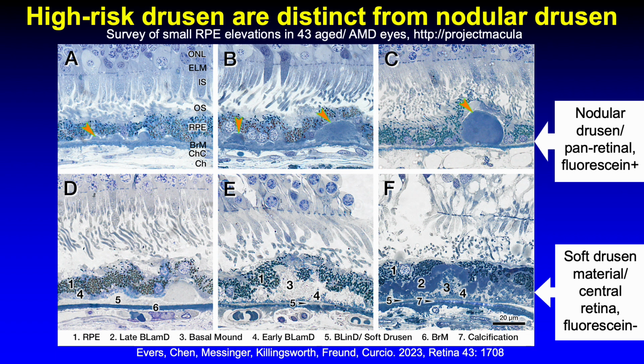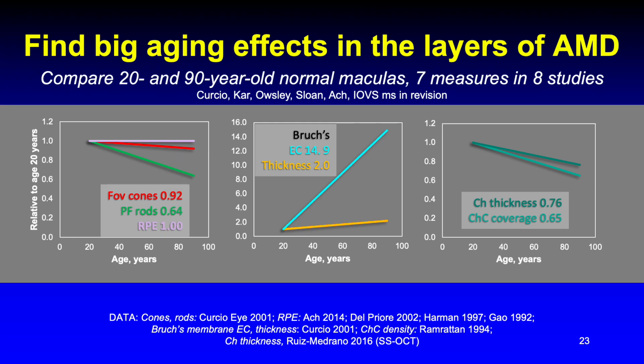This is soft drusen material trapped inside basal laminar deposit. This material raises the RPE, but is expected to have a different risk profile from the sub-RPE basal laminar drusen. This slide from the overview tutorial compares findings in 20- and 90-year-old normal central retinas along